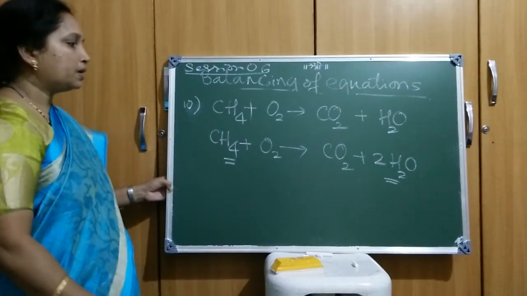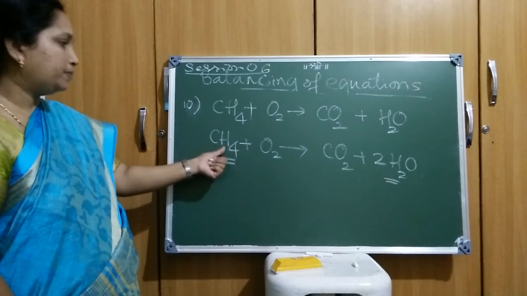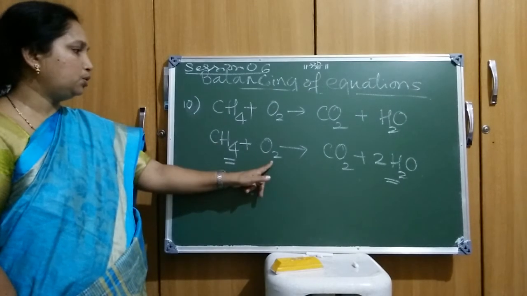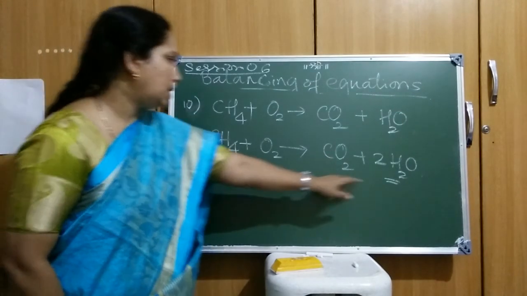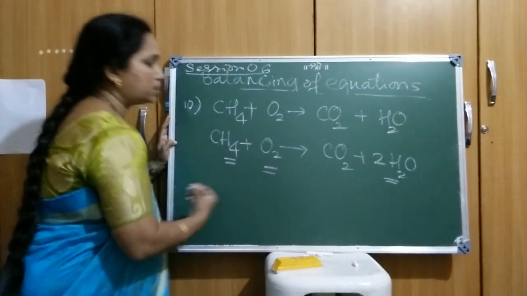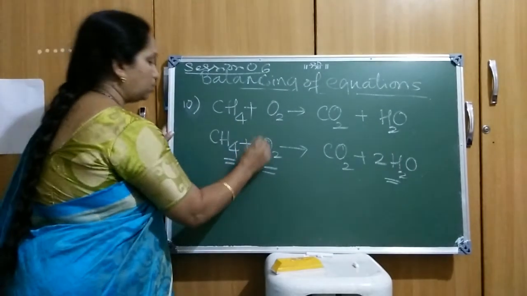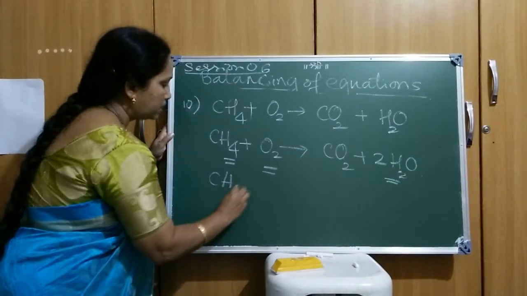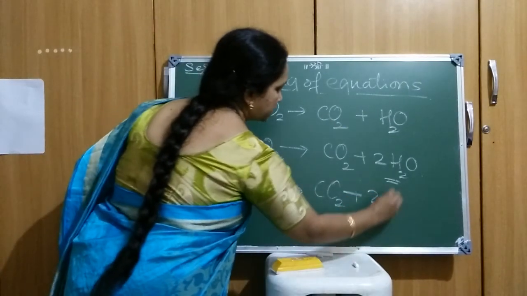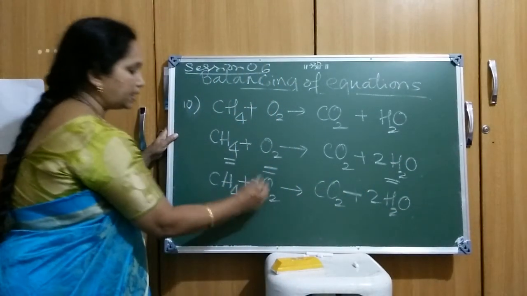So you can see that CH4, H4 is there, H2, 2 into 2, it is a 4. Oxygen: 2 oxygen here, and 2 oxygen here, and here 1 oxygen. That means we are still lagging here 2 oxygen, and here 2 oxygen, 2 into 2, that means 4 oxygen. So altogether in the next equation I will write down CH4 plus oxygen gives CO2 plus 2H2O. So to balance the oxygen I write down here 2.